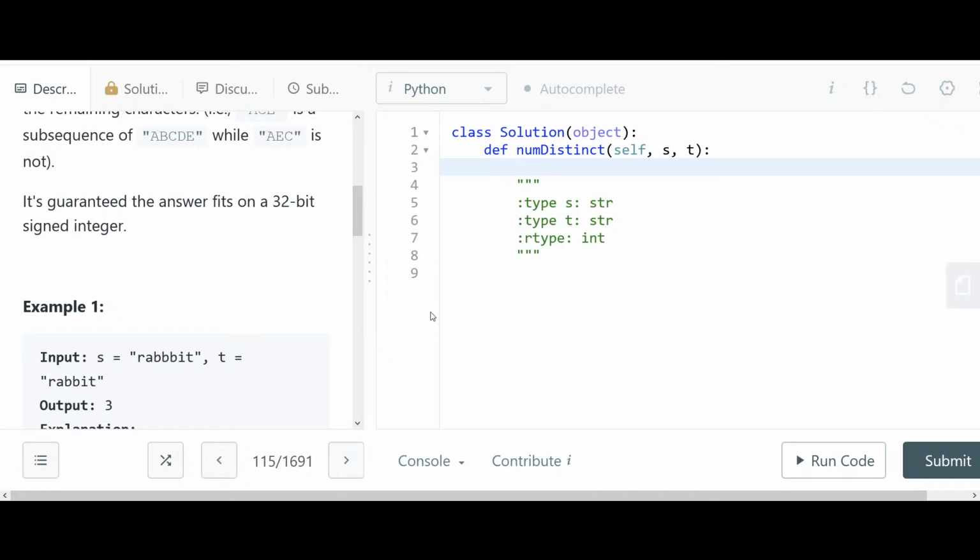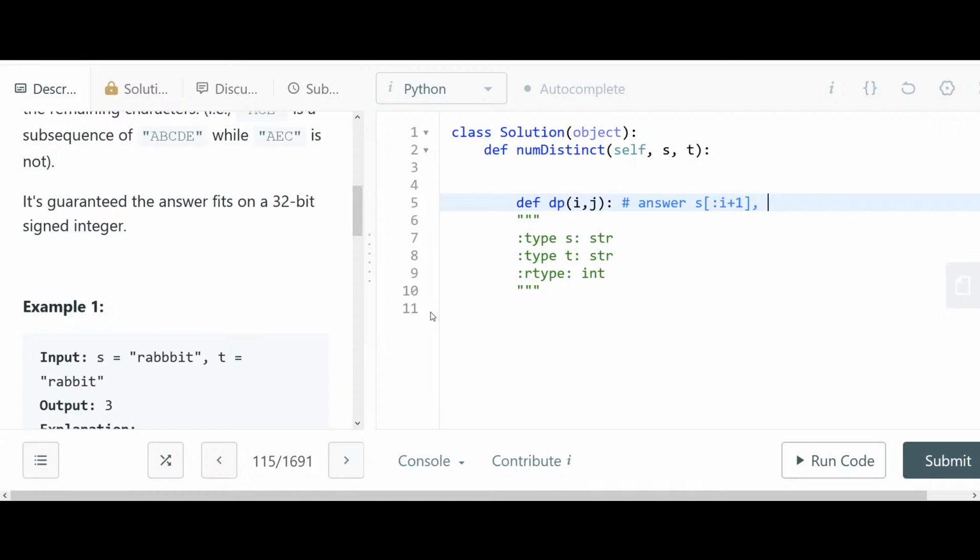So let's imagine S is, I don't know, some characters. Okay, so dynamic programming ij, and this is going to give the answer for S to I, or let's do inclusive, S to I plus 1 and T to J plus 1. Okay, so how does this work? So